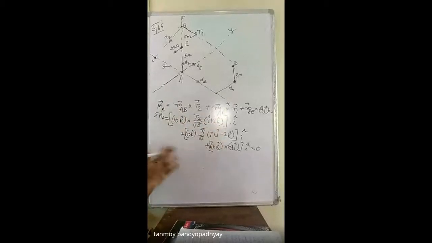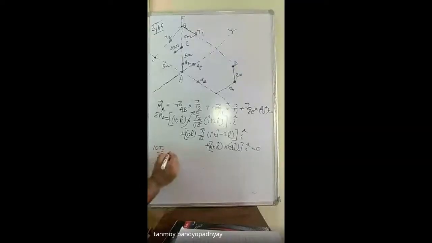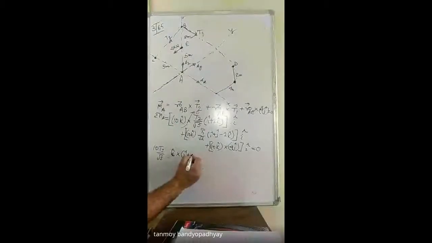So just let us do the first one. This expression will be actually becoming 0. So the first equation, it will be actually becoming 0 if I do a dot product with I. Why? Because just do it. So we can write it as T2 by root 5 into I cap plus 2k cap. ঠিক আছে? So এটাকে just করো.